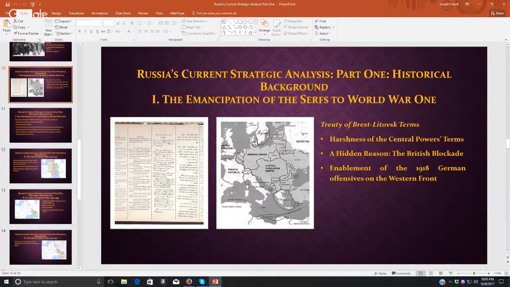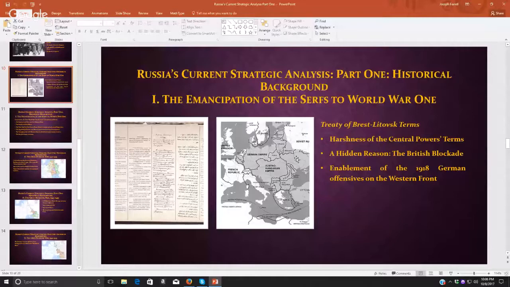Now, again, I want to stress these terms obviously are a very harsh imposition of terms on European Russia, but the hidden reason for it is the British blockade. What they're trying to do is get the food basket to offset the effect of the British blockade and have a food supply to sustain both of these empires. And the resources in the region, there in the Donets Basin, there's a good amount of resources that the war industries of Germany and Austria-Hungary need, and so on and so forth. So there's a strategic calculation going on the part of the Central Powers as well when they seize this area